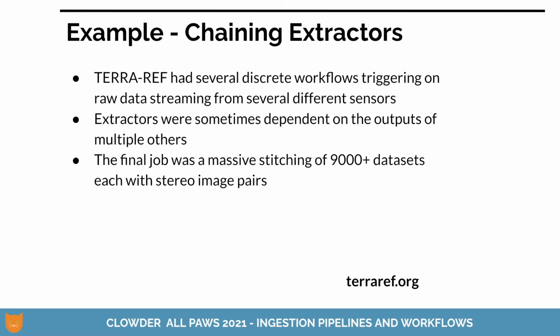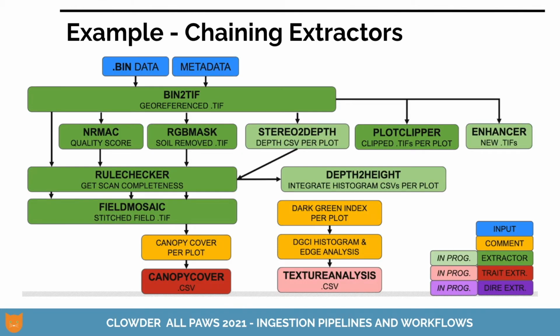The TerraRef project, for example, had several discrete workflows triggering on raw data streaming from different sensors. Extractors were sometimes dependent on the outputs of multiple others, but not always. And the final job was a massive stitching of 9,000 datasets from a bunch of stereo image pair photographs. This is a typical diagram of what a TerraRef processing pipeline might look like, where each dark green box is